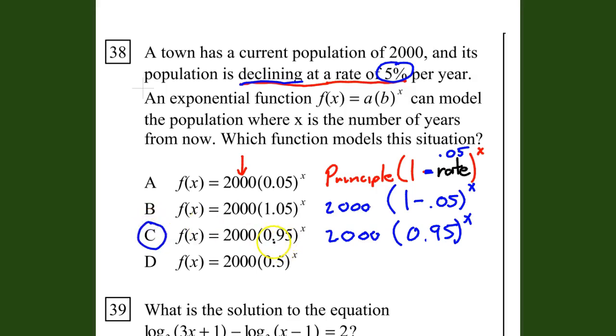So you can see, if you're going down or declining 5% every year, that means you're keeping 95%. So the function always shows what you're actually growing by, not what you're decreasing by. So if you're decreasing by 5%, that means you're still increasing by 0.95. Okay, so